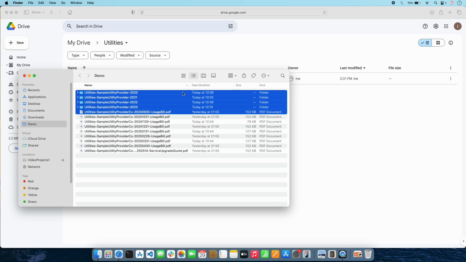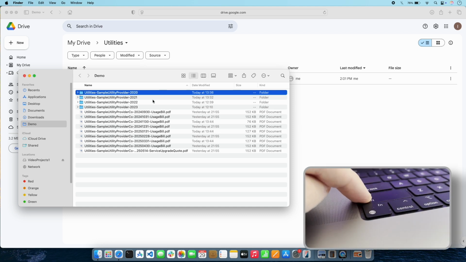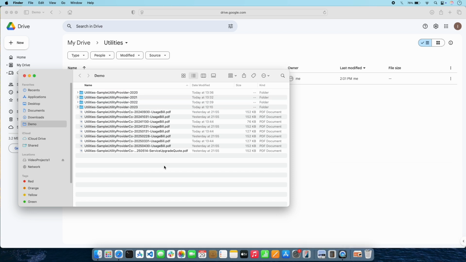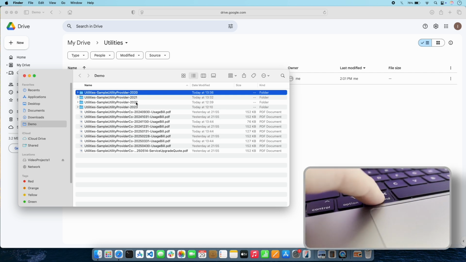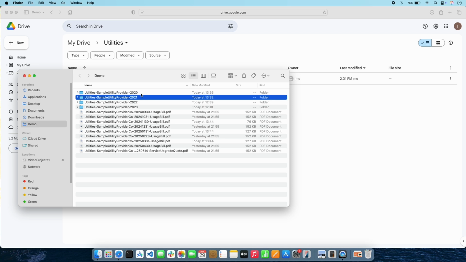Another way to select a range of folders is to select the first folder in a desired range, hold the Shift key, then select the last folder in a desired range before releasing the Shift key. For even greater flexibility, multiple individual folders can be selected by holding the Command key while selecting. Here's another important thing to note. When selecting folders to upload in this manner, it's also possible to include files in your selection. Multiple files and folders can be selected for upload.